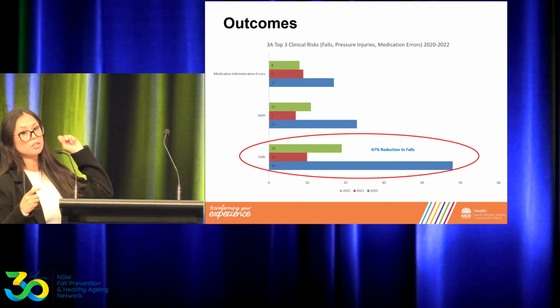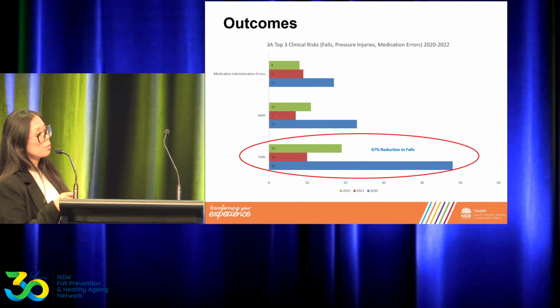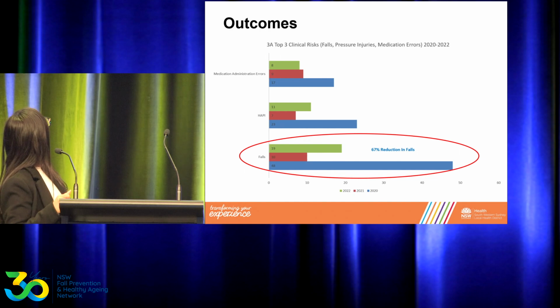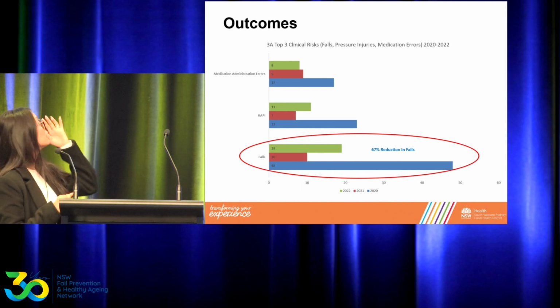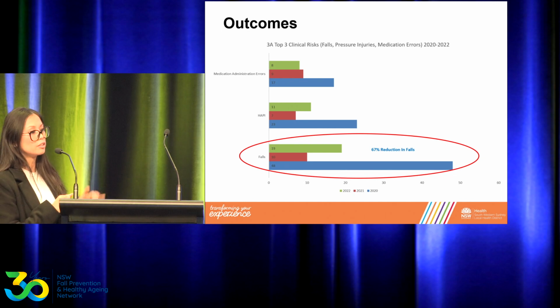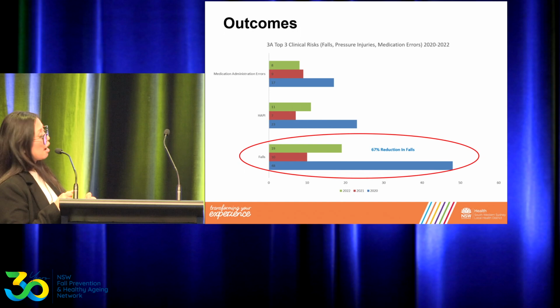And you can see the results in 2022. There was an increase in clinical incidents, very slightly because of COVID. But you can see medication errors maintained at 8. Hospital-acquired pressure injuries only slightly went up to 11. And our falls